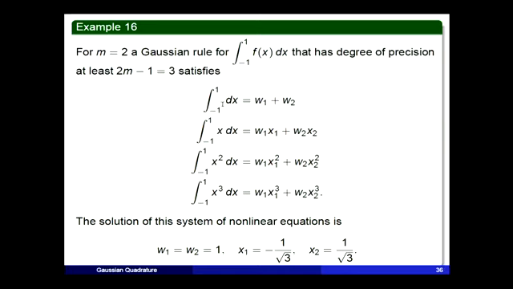And how does he do that? Well, what does it mean for the integral to be exact for polynomials up to degree 3, yeah? It means that if you take the function 1, you integrate it, and it should be the same as the quadrature applied to the function 1. Okay, so you apply the quadrature to the function 1, so it means 1 times weight 1, plus 1 times weight 2. Okay? And similarly, suppose I apply it to the function x,